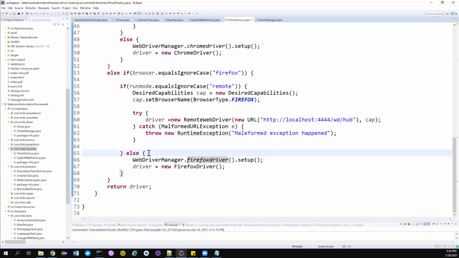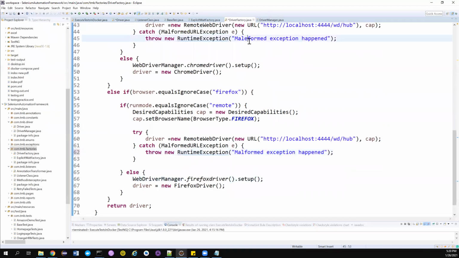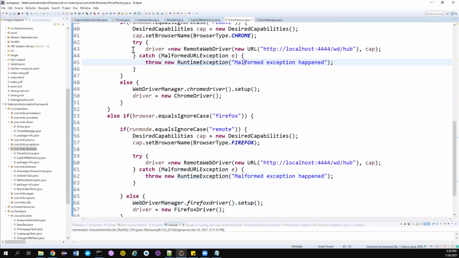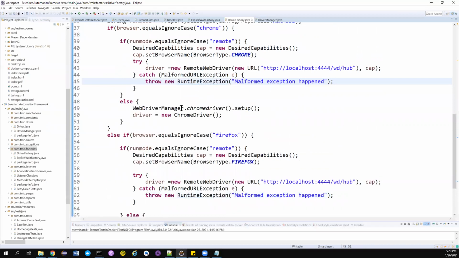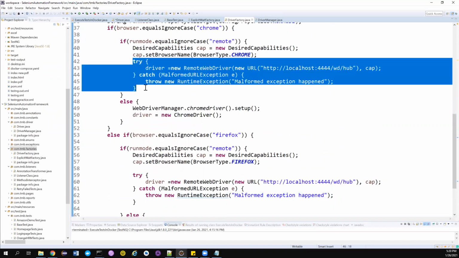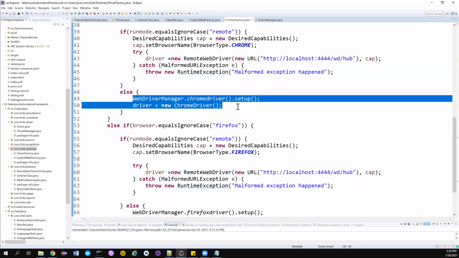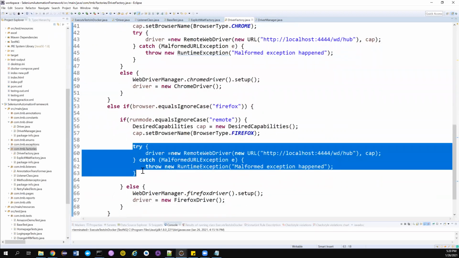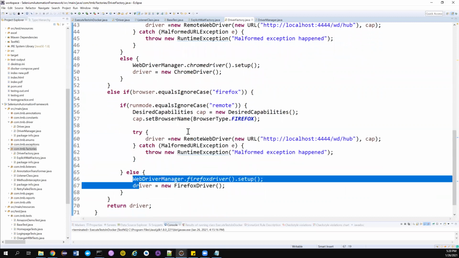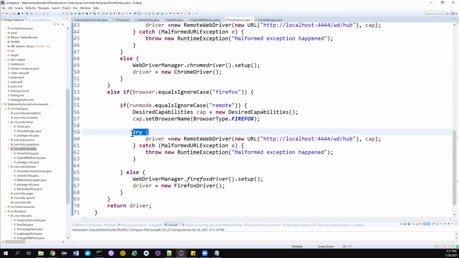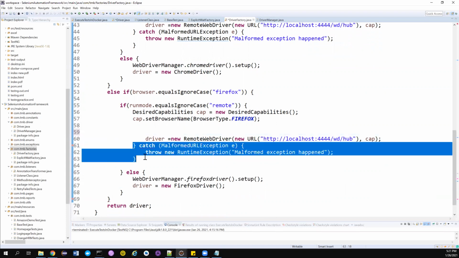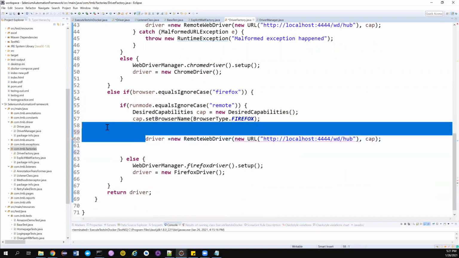So I can also do a try catch and then throw a new runtime exception that there is some problem here. Sorry guys, there is a typo here. Instead of handling all these things, there are four exceptions. One is here, and there is also a possibility of an exception here, and here as well. So I have to write four try catch blocks and then throw a new runtime exception. Instead of handling like this, which we normally do, we do a try catch and then throw it in the form of a runtime exception.